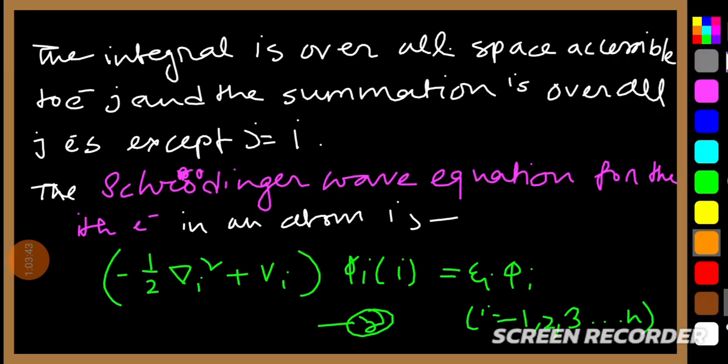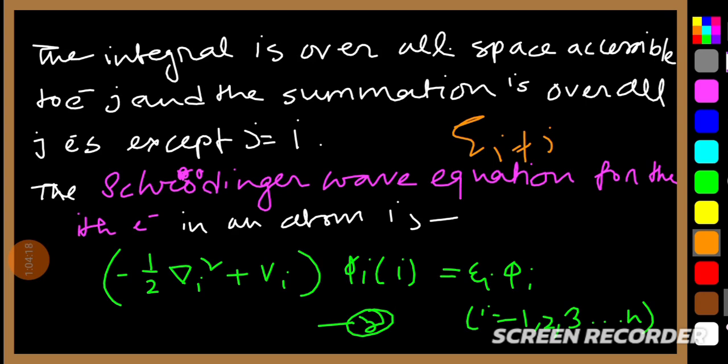The integral is over all space accessible to electron j, but the summation is over all j electrons except j not equal to 1. তো এই যে তুমি দেখলে I not equal to J, তার মানে কি? There must be, except the i equal to j case, you get accessible space in the integral of j, but you never get accessibility in the case where i equals j. তার মানে কি? J এর সব ভ্যালুতেই তুমি accessibility দেখবে, প্রযোজ্যতা দেখবে, শুধুমাত্র I equal to J ভ্যালুতে তুমি প্রযোজ্যতা দেখতে পাবে না।